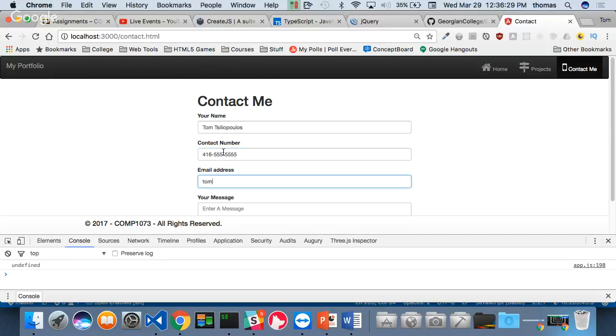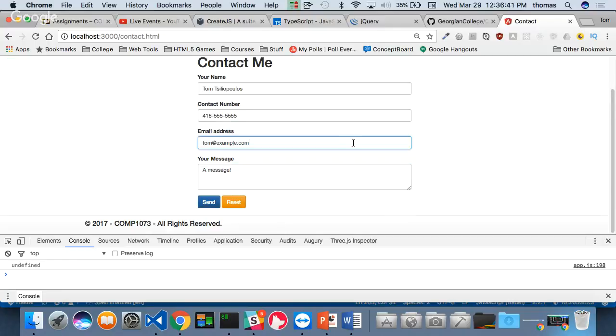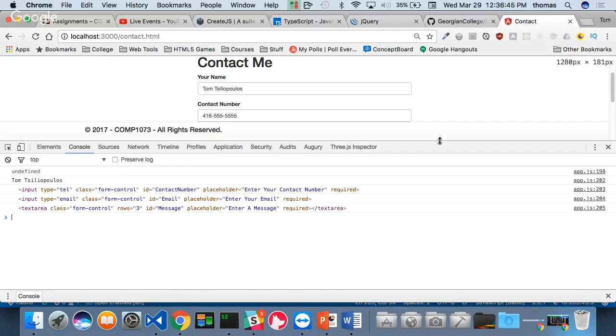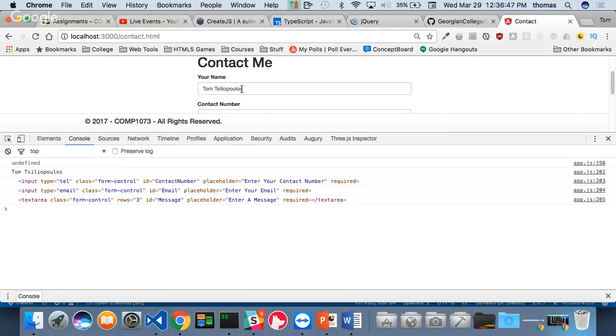And Tom@example.com, sure. And my message, a message. There we go, if I can spell properly. Right? Not a massage, a message. And if I click send, then I get the following. Tom, right? See? So even though I didn't specify the name, the value field, or remember, this is